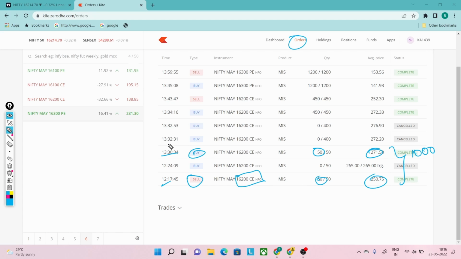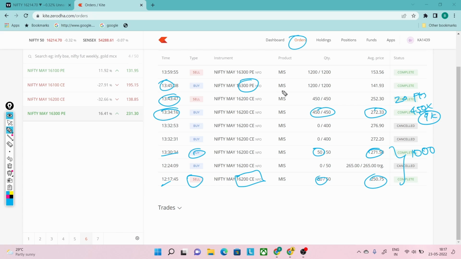Again we reversed our positions somewhere at 1:34 and bought 450 quantities at 272, and it was a stop loss of almost 20 points. 20 points on 450 quantities translates to almost a loss of 9k. Again, as soon as I took the loss, after 2 minutes at 1:45 I reversed my trade and bought the put